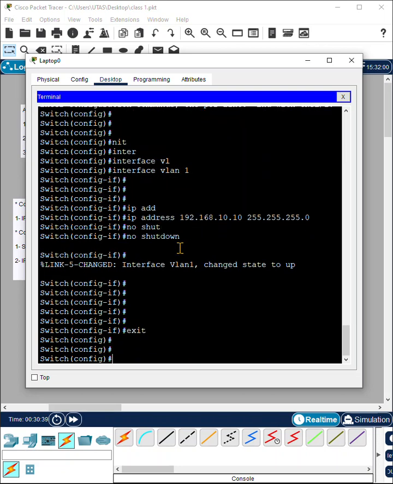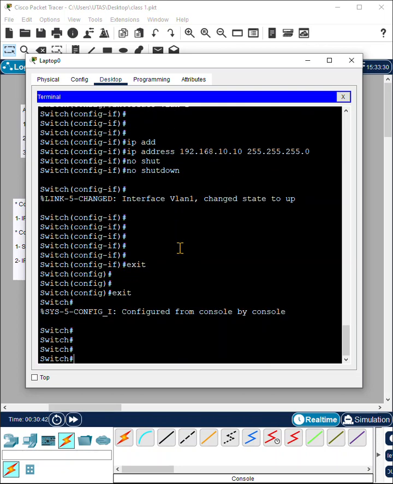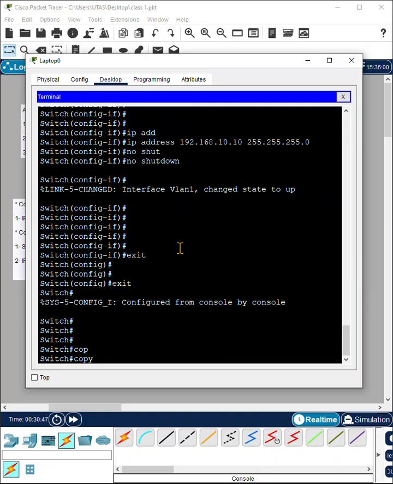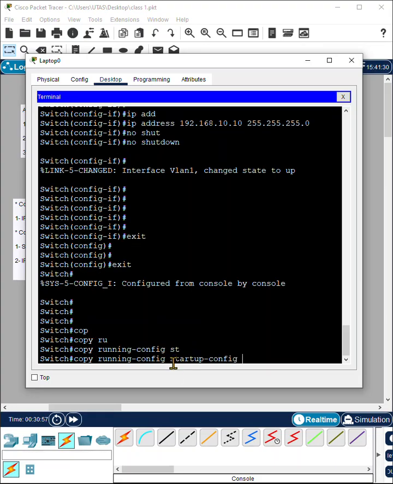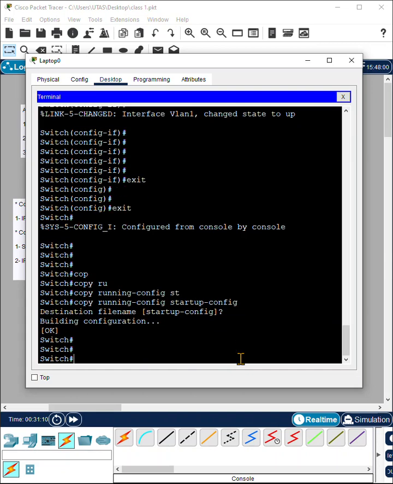So I go exit, then I go exit once again. Then now I'm in the enable mode. I have to save my configuration. So I go copy running-config, the current running information we have configured. Where do I store it? In the startup configuration. So I'm going to save it in a different memory, like a storage or non-volatile RAM. Then I go enter. I saved my changes. So now